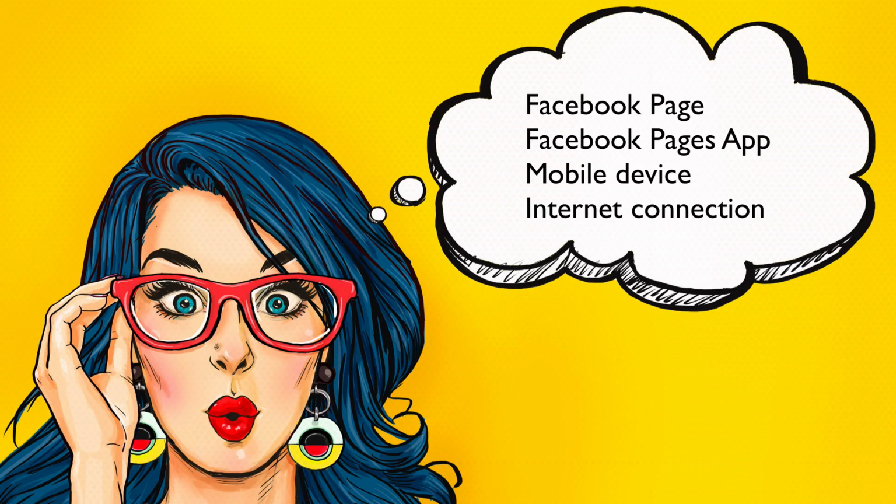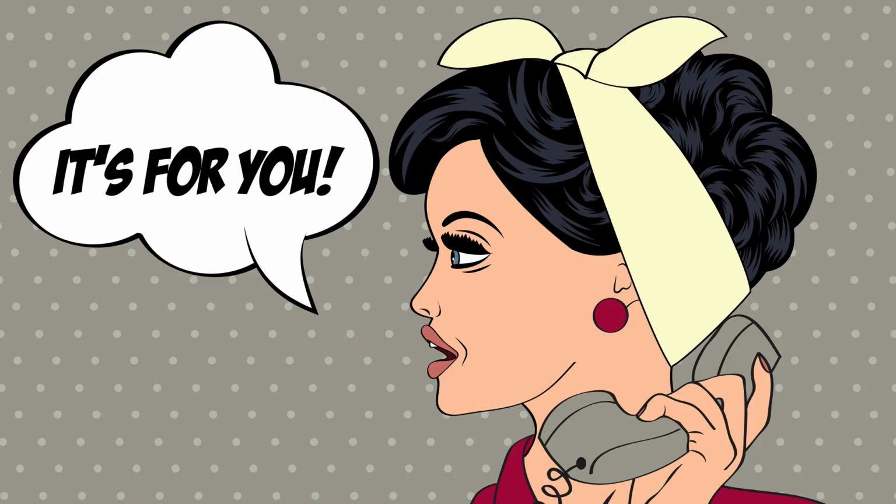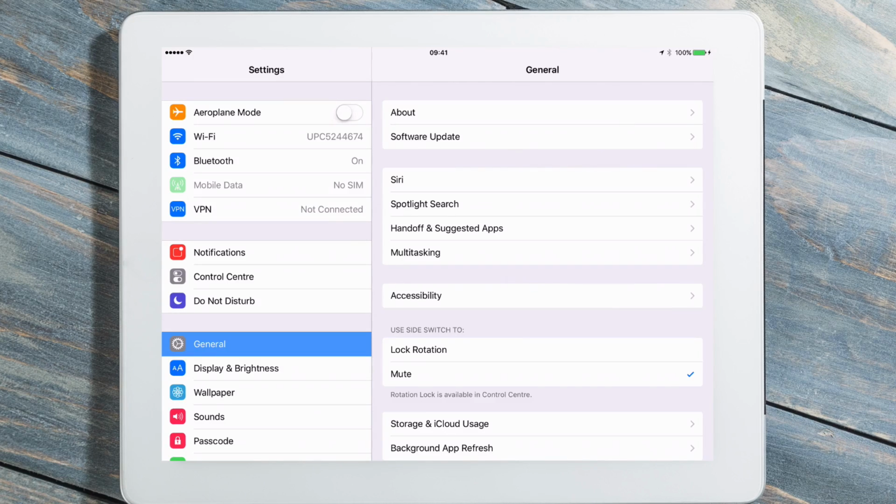Now that you know the essential elements that you need in order to start a Facebook Live broadcast, let's talk about the steps you need to take before the broadcast to help ensure that you have a smooth and successful live stream. When you're live, one of the things that you don't want to happen is for your phone to ring. This disrupts your broadcast. So, to make sure that this doesn't happen,